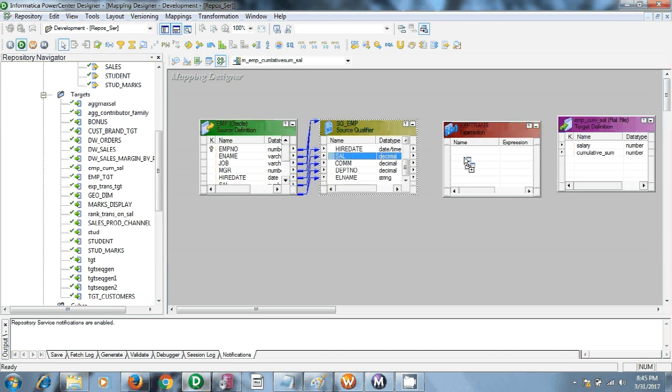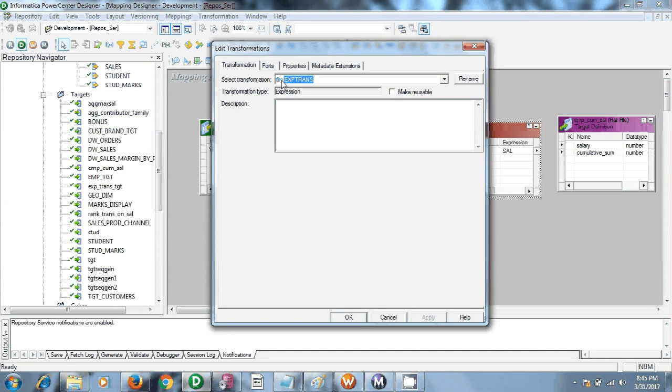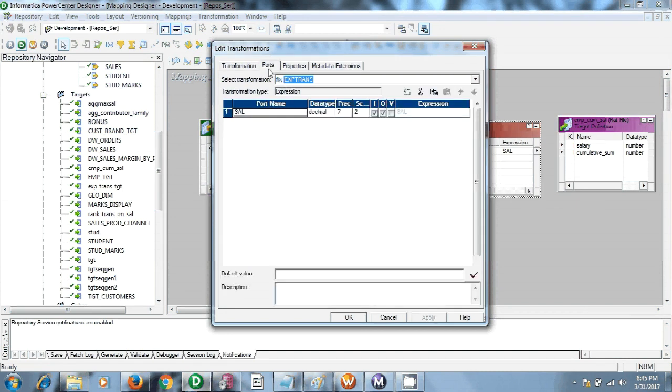Then double click the expression transformation, go to Ports, and I want a new port which is going to calculate the cumulative sum. Its data type is decimal, and it is an output port.